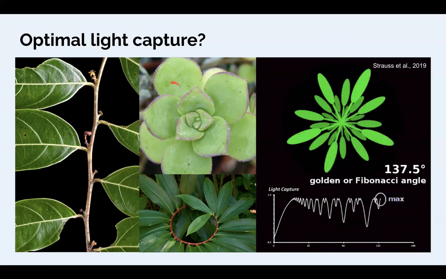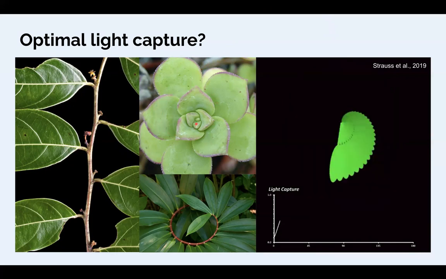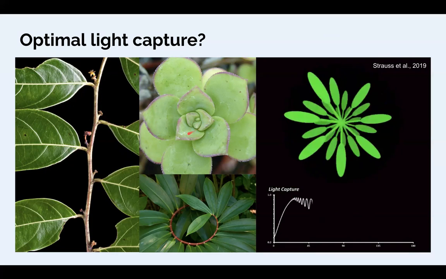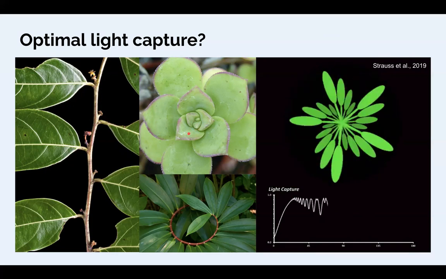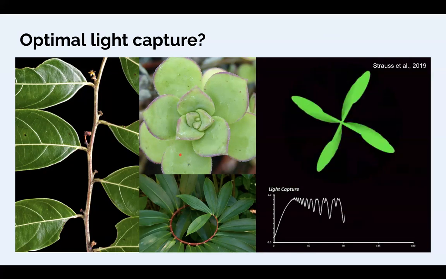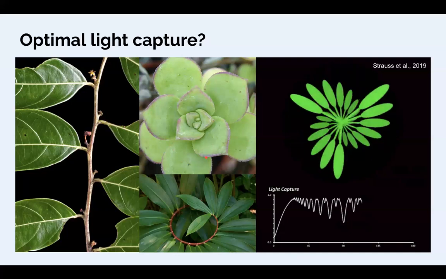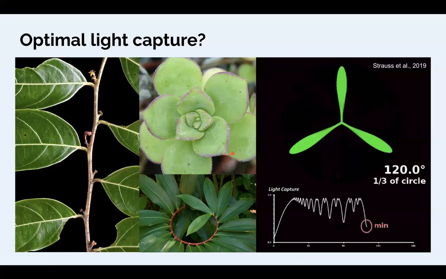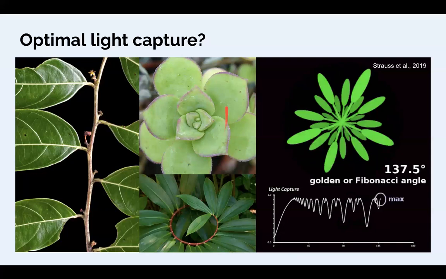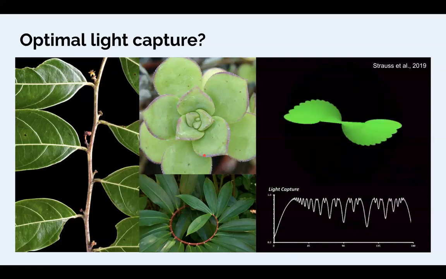So this central image here on the top highlights it pretty nicely. We can see the golden angle, the spiral features of these leaves. You can see by the size of the leaves which ones are older and younger. And they're filling in all of the local space, any area that wasn't already capturing light, the newer leaves are going to be able to capture the light there. So this is one strategy. This is a very common strategy. Lots of different plants have converged on this golden angle